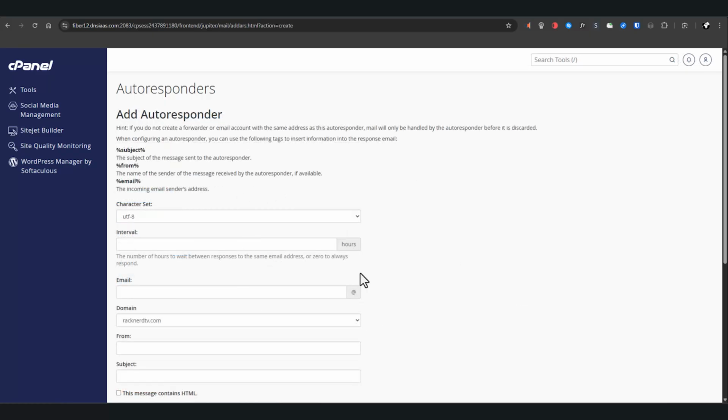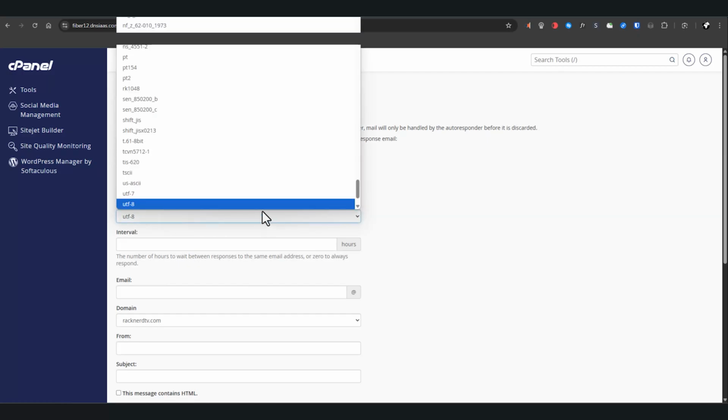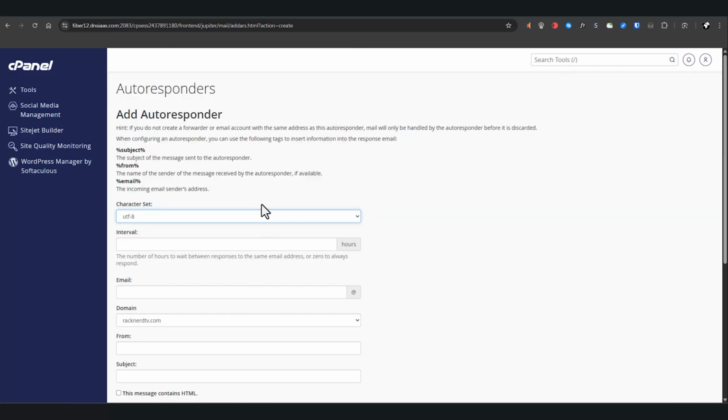You'll now see a form where you can configure the details of your automatic reply. Set the character set to UTF-8 if it isn't already selected. This ensures proper formatting for your messages. Then set the interval, which controls how often the autoresponder will send a reply to the same email address. For example, if you set it to 8 hours, cPanel won't send another auto reply to the same sender until